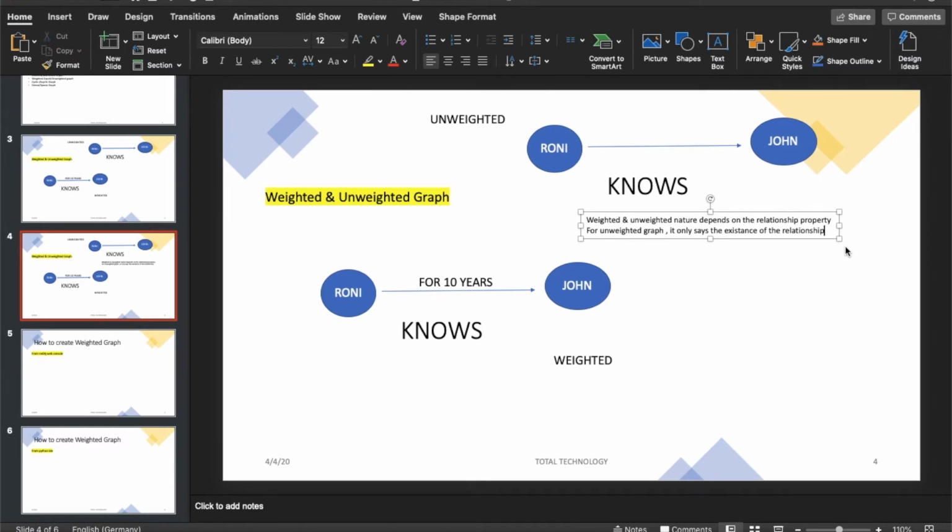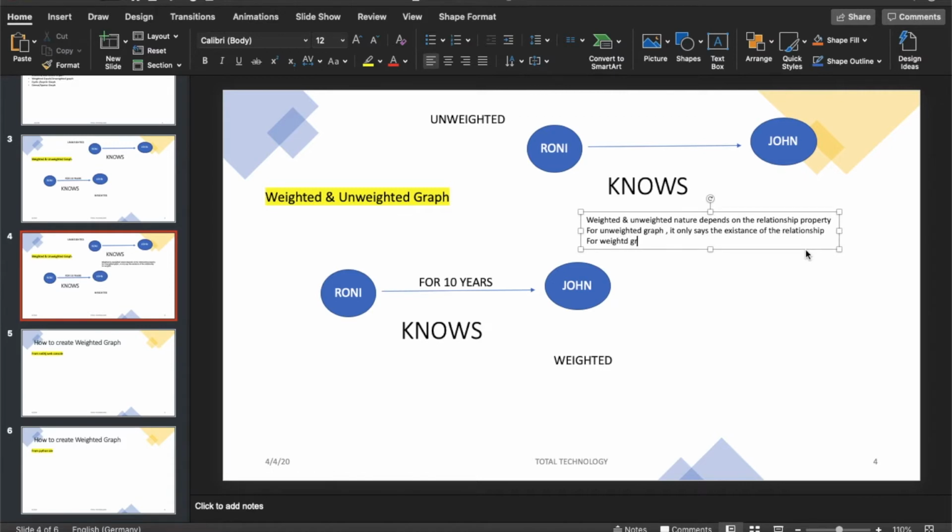I'm making it very simple so that if someone watches this video later, or refers to this slide only, they'll be able to connect the dots and understand what I mean to say. For an unweighted graph it only says the existence of the relationship, and for